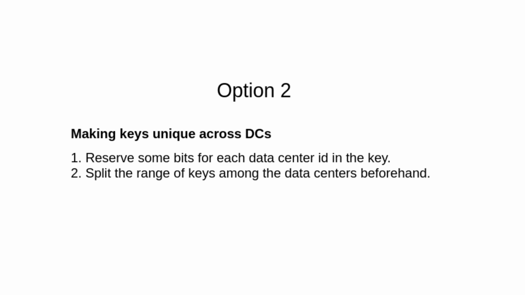because more and more keys will be available in the database after some time. Before moving to option 3, I want to mention option 2 is not bad if your QPS requirement is low. If your QPS requirement is less than 10 or sometimes less than 100, this solution will work just fine. One big problem with this solution is how to make the keys unique across data centers. There are two solutions to that. First, reserve some bits for each data center and insert the ID of the data center in those bits. The second solution is to split the range of the keys among data centers beforehand.